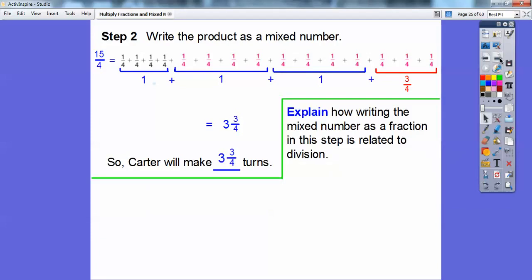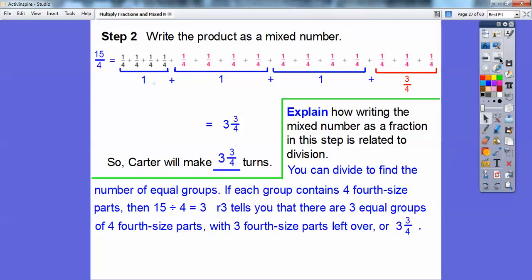All right, so explain how writing the mixed number as a fraction in this step is related to division. Okay, so you can divide to find the number of equal groups. So since we're talking about fourths, if each group contains 4 fourth-size parts, then if we take 15 right here, this top number, and divide it by 4, we get 3 with the remainder of 3 left over. Okay, so that tells you that there's going to be 3 equal groups of fourth-size parts with 3/4 of the